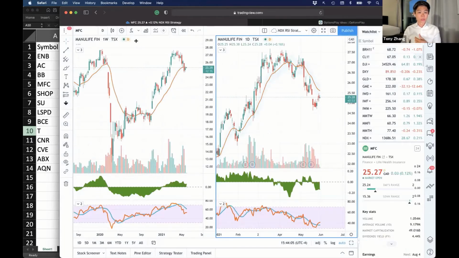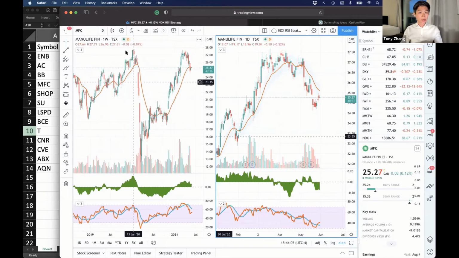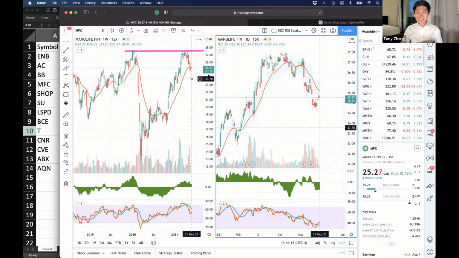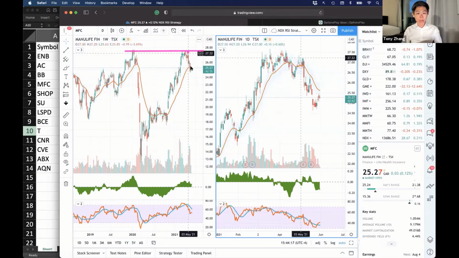Manulife Financial is interesting because it has this major double top here around $28, 27.5. That is not particularly constructive for a stock when it has such a strong double top and starts to move lower here. But the stock is down about 10% since then, and it does have some potential opportunity if it